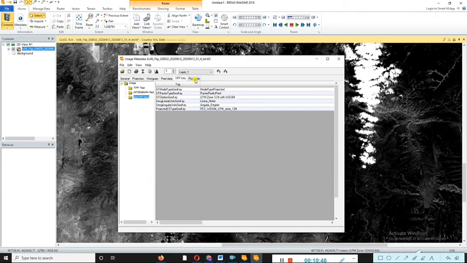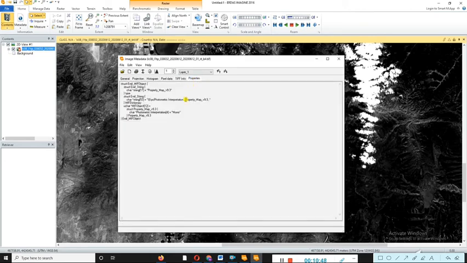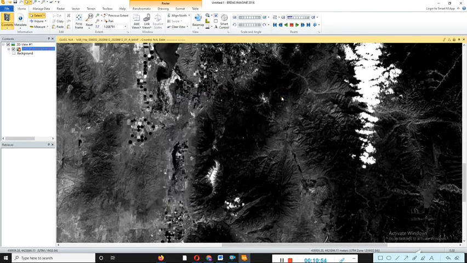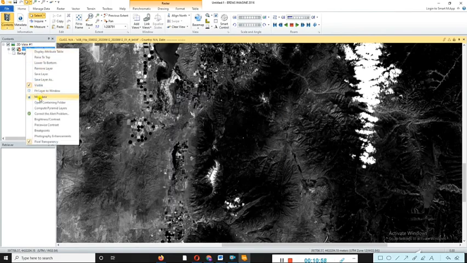Then next, properties of that file. In a very simple way we cover the information: just right click on that image and you get information about that file, where these files were downloaded from and what the name of that data is. There are a number of options available, but our time is very limited.